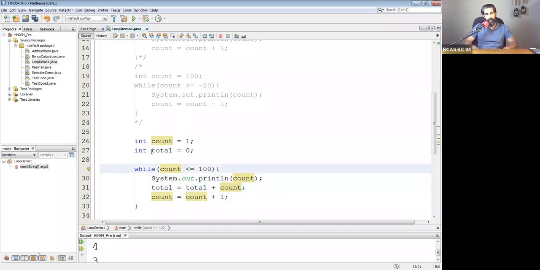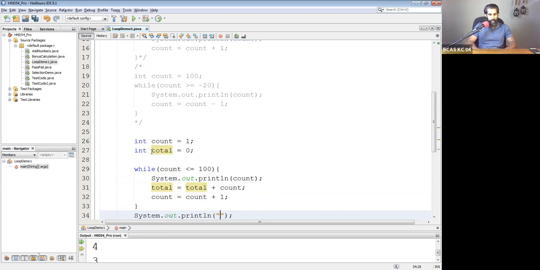So 3 is less than 100. True. So print 3 here. Then count is having the value 3. Total is also 3. So 3 plus 3, 6. It will come like that. So we can print that and say total.